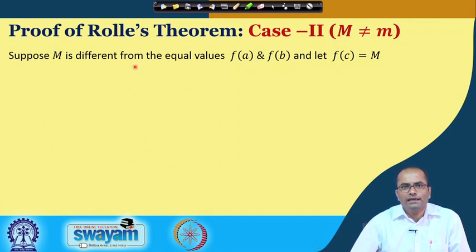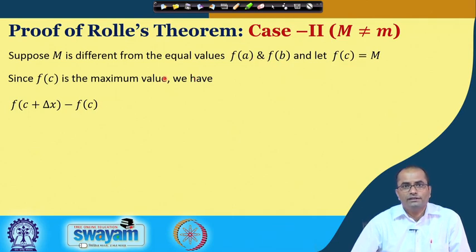So, we take that the function is taking this value m at a point c. So, f(c) is equal to m, the function is having this local maximum at the point c. So, if this f(c) is the local maximum, then we have f(c + delta x) minus f(c). Just consider this situation, f(c + delta x). So, this point here, c + delta x, is in the close vicinity of c,